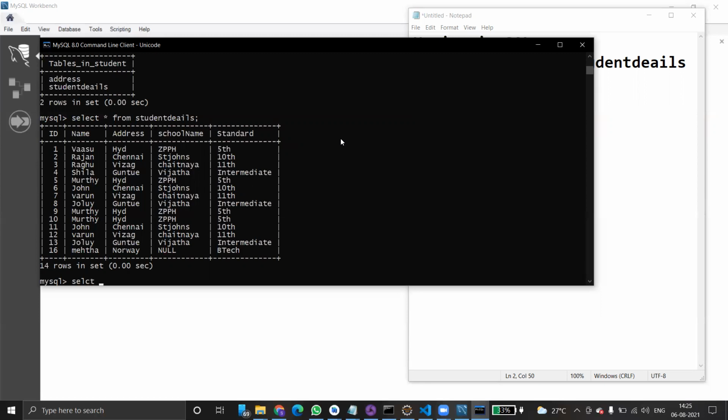name from student where, again inside that, select standard. Select name from employee details.